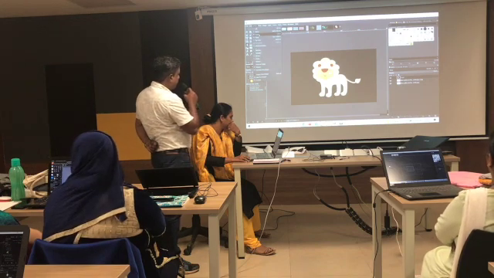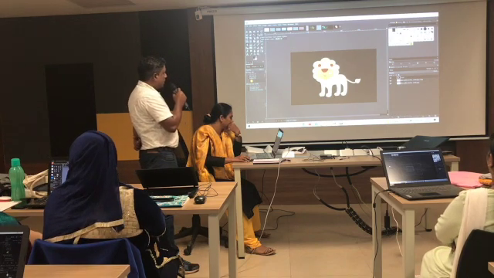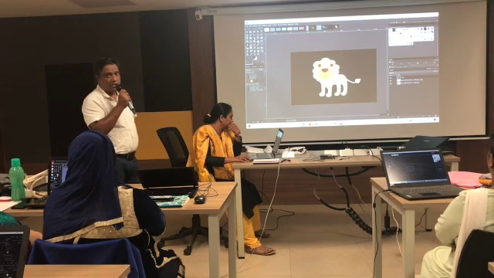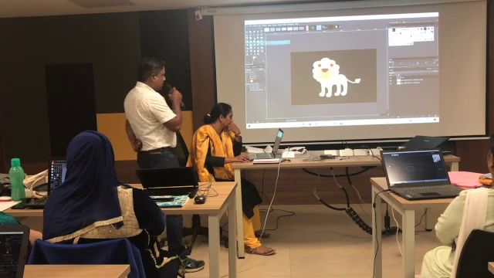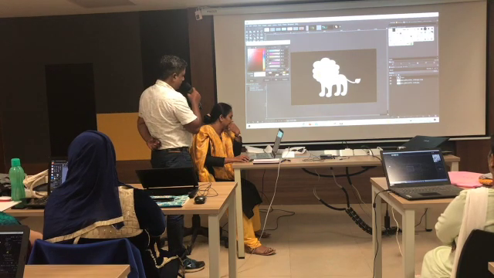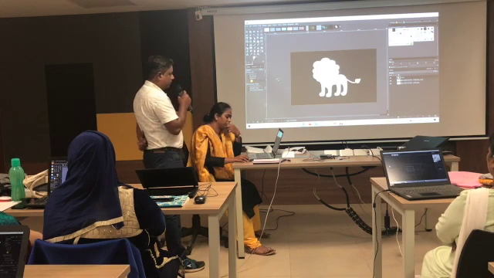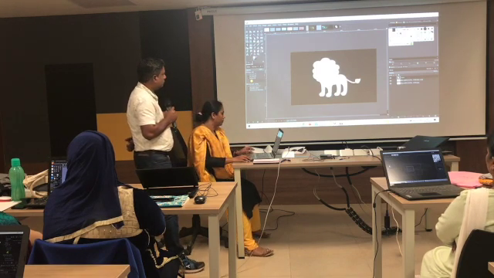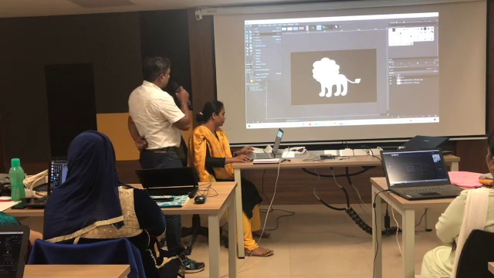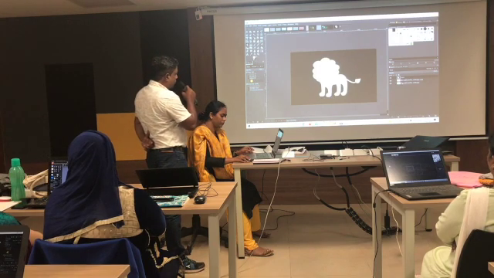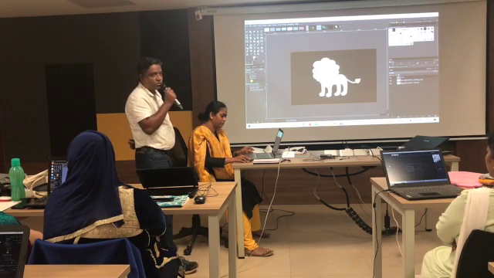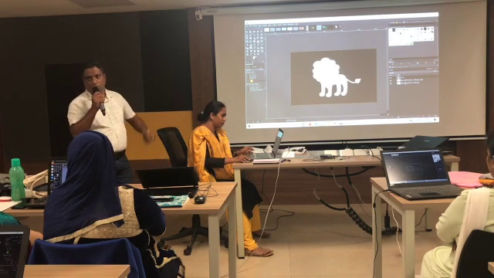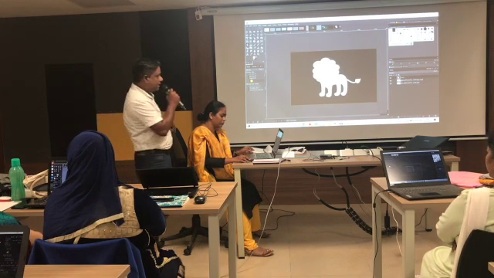Then we go to select and we say invert, and then again we go to fill color. We take a white color and we place it on the image and say OK. Then we go to select and say none. Why we say none? So that it is highlighted, so we want to remove the border of it. So that's why we say none.